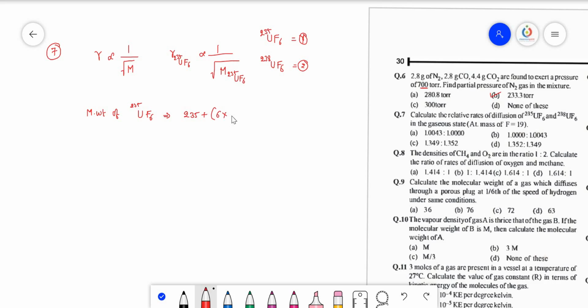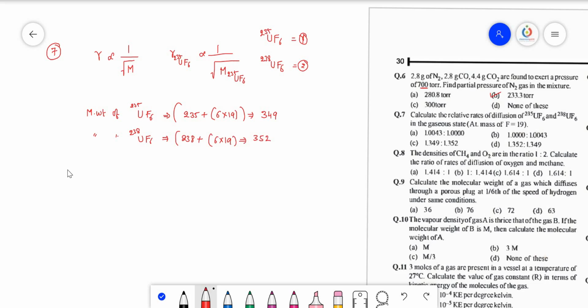So 6 into 19, the atomic mass of each fluorine. Total value is equal to 349. Similarly, molecular mass of uranium hexafluoride 238 is 238 plus 6 into 19,